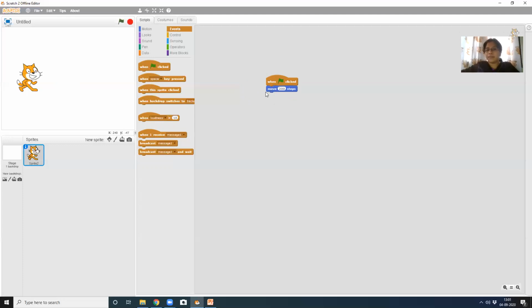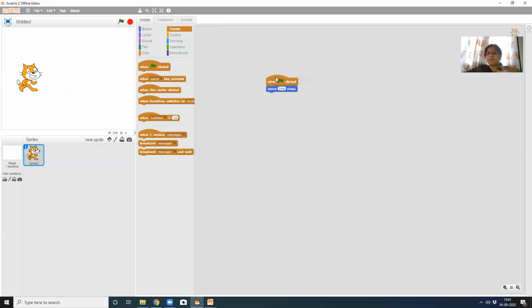This one is not in your textbook, okay? Why I made this is, I am telling the sprite that when I click on the flag, you are supposed to move 200 steps forward. Now that I have attached this block, I don't have to double click here. Instead, I will just click on the flag, and the sprite will move.